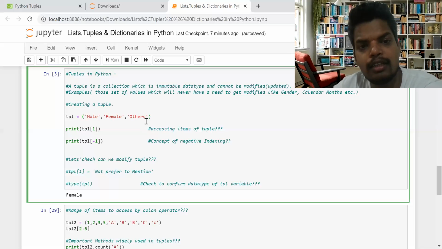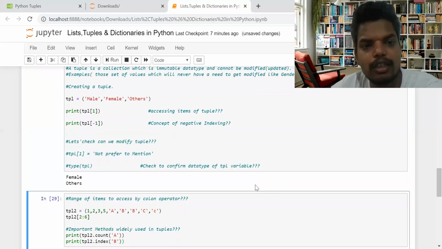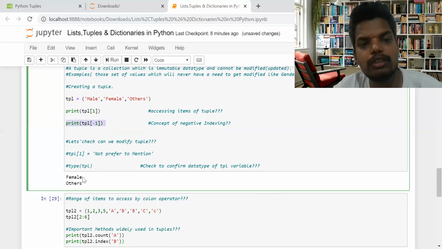So from the right, others would have an index of -1. We'll see both examples. Okay, the tuple has been created, and I'll execute this part with Shift+Enter. For index 1 I have got the value female, and for index -1 we have got others. So this was the concept of negative indexing.